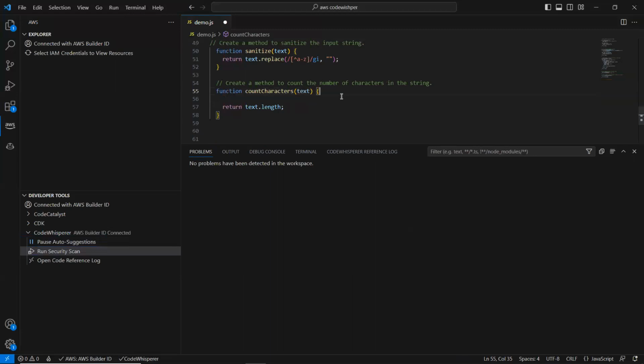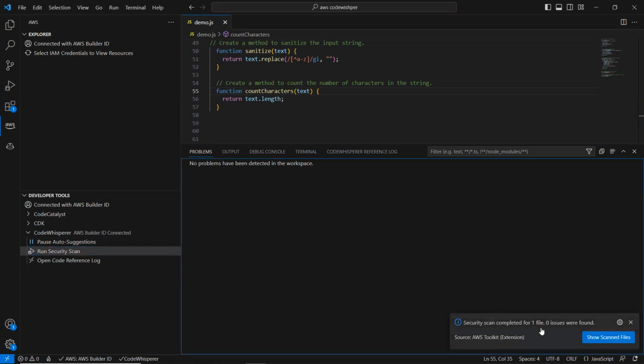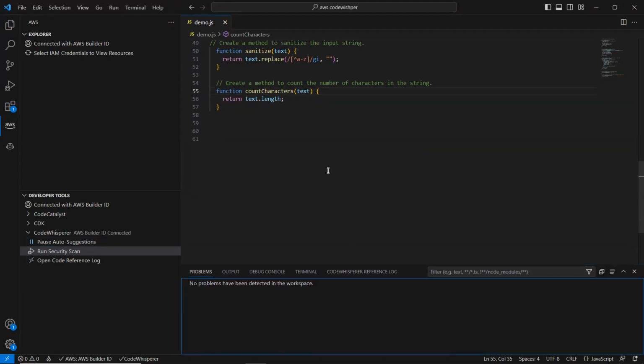Just remove this. Okay. Now again, you run your security scan and see how it is pulling off the vulnerability findings from your active file. Let me do this. Scanning active file and its dependencies now. It takes a couple of seconds. It all depends on the size of the file you are trying to scan. It looks like no issue was found, right? Security scan completed for one file, 0 issues were found. It seems fine now. This is another beauty of this Amazon